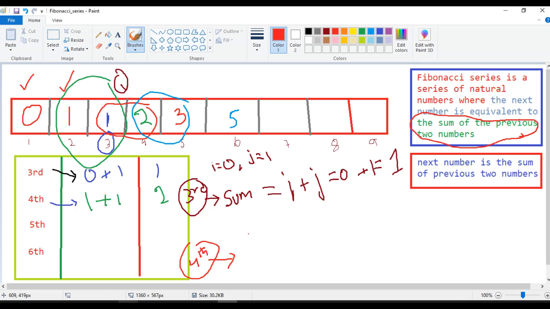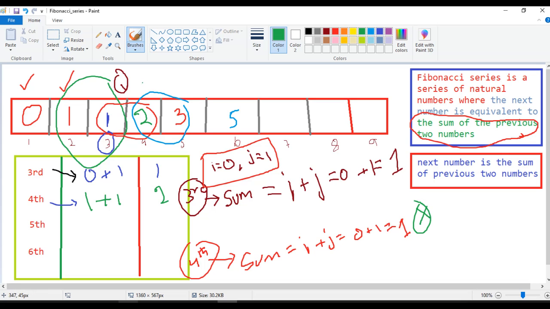Am I right? But here observe carefully, if you want fourth position, before that you need to do swap logic. If you do not perform swap logic, then you do not get a proper result. Observe carefully now, without swapping I am performing sum is equal to i plus j, I am performing simply sum is equal to i plus j. Now tell me what is i value? Still i value 0, still j value 1 only. Okay, 0 plus 1, that means result 1 only we got. Whether this logic will be satisfied? Observe carefully our diagram, this logic will not be satisfied.